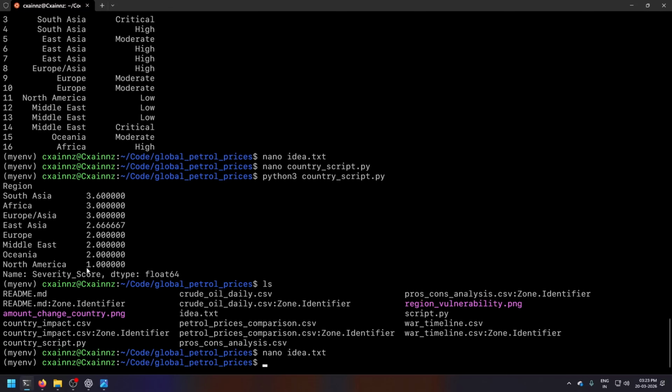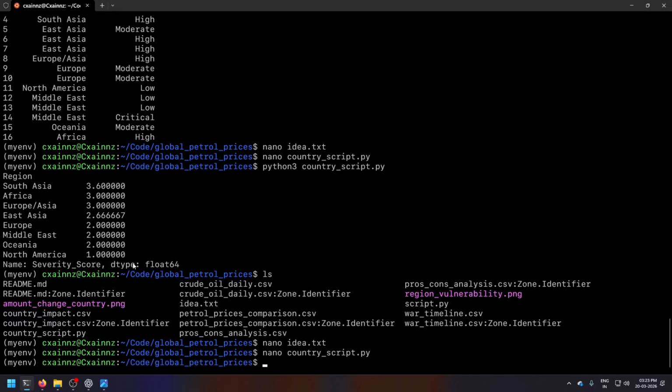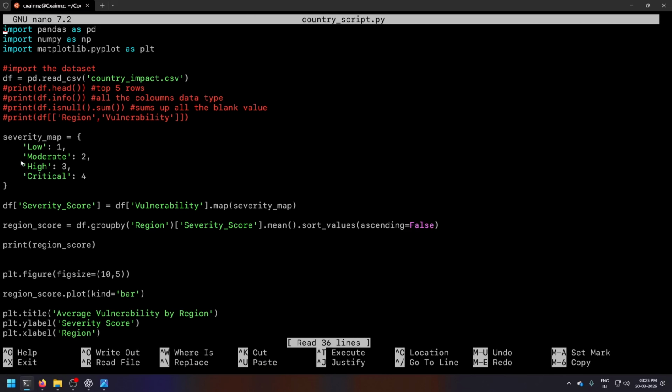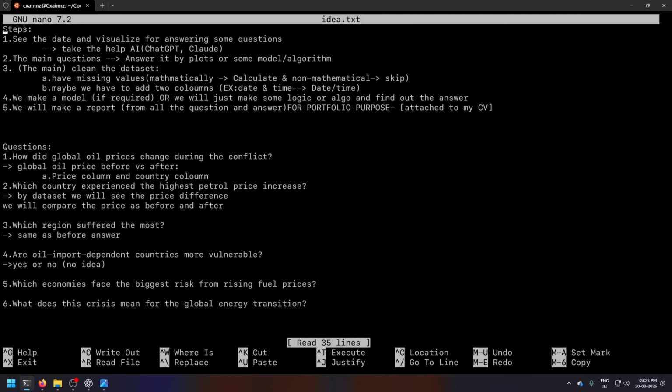If low is 1, then 2 represents moderate. If you haven't seen this, I did it very fast. In the severity map, moderate shows as 2, and the Middle East shows as 2.000. That means on the vulnerability scale from 0 to 5, the Middle East is on 2.